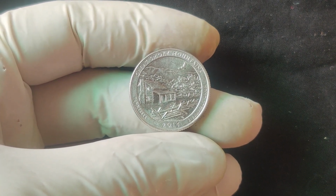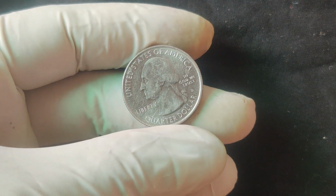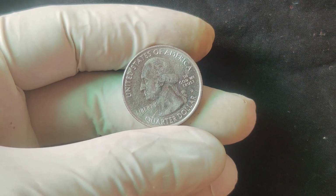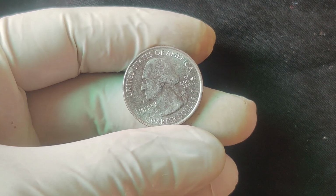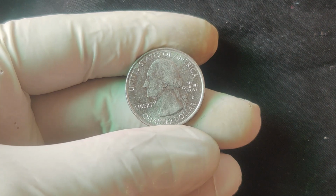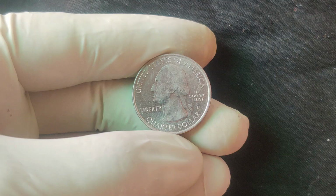And there you have it, the incredible story of the 2014 D Mint Mark quarter that's worth a whopping $1.3 million. Imagine finding one of these rare gems in your change. Whether you're a seasoned collector or just starting out, it's worth taking a second look at the coins in your